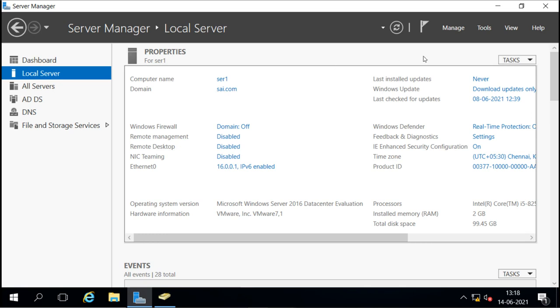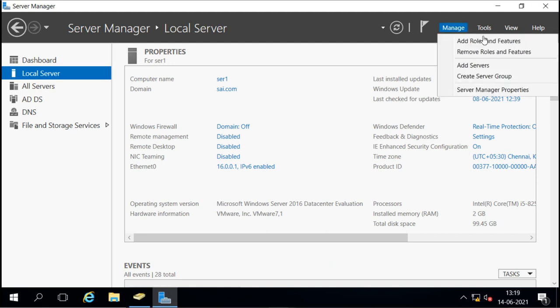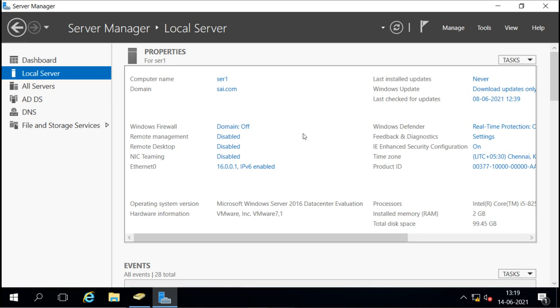We just have to add that server here by going into Manage, and under Manage we have the option to add other servers, for managing remotely from this graphical Server Manager.